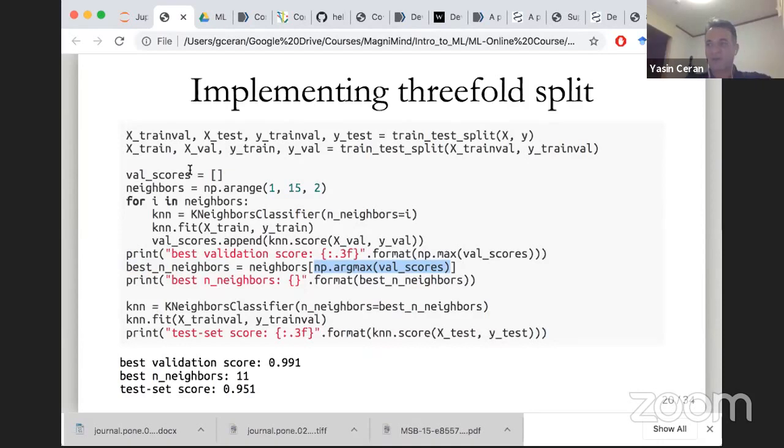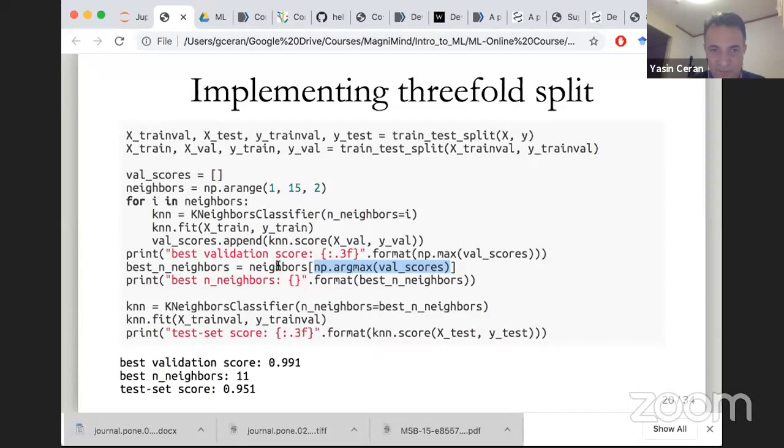Val underscore scores is a list, and np.argmax gives the position of the maximum argument. If it's the third one, if it's the fifth one, if it's the second one, we don't know. Whatever the position of that maximum value in that list, I'll take that position, that index, and then